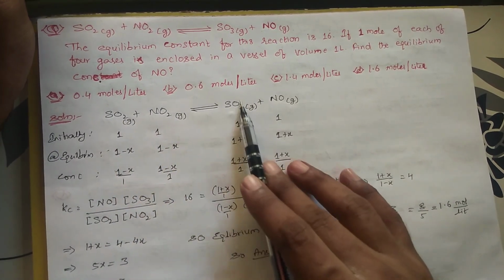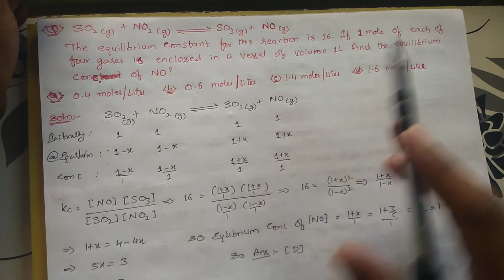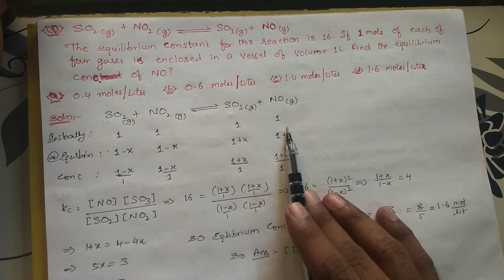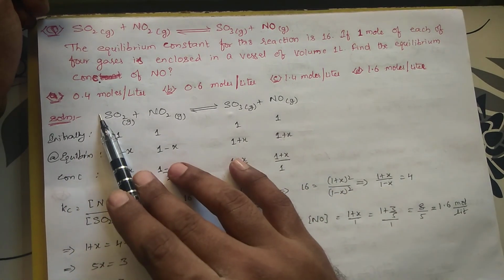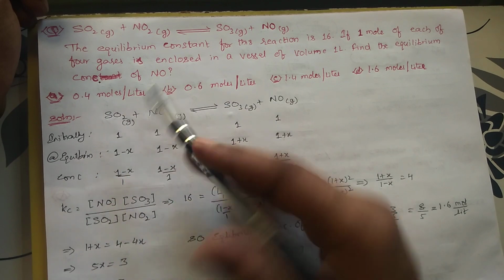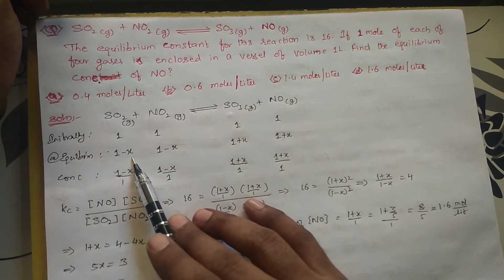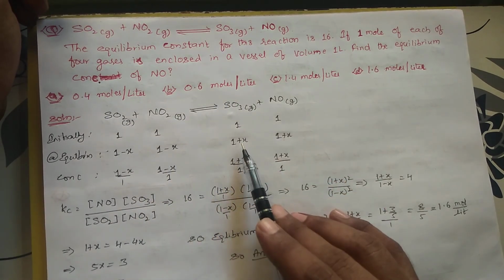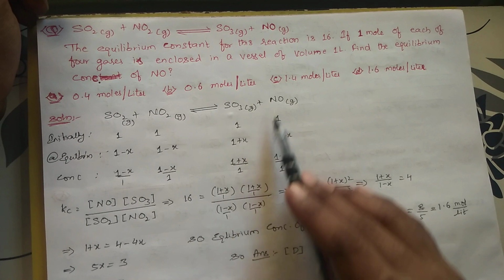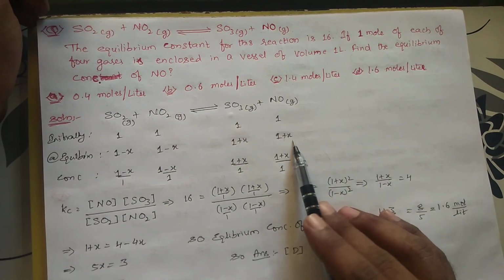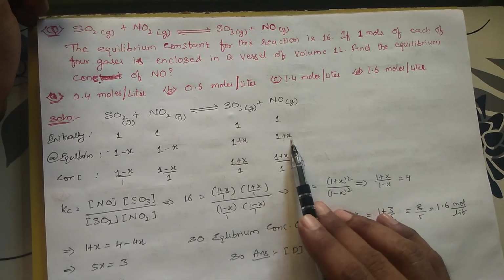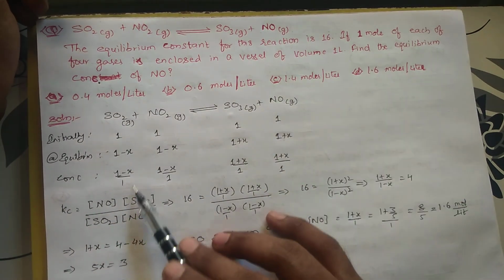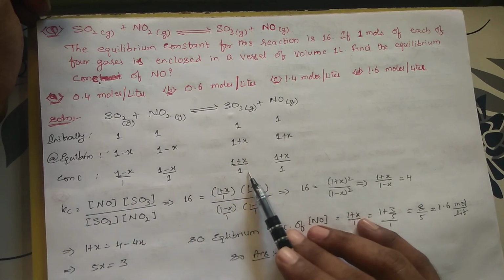SO2 plus NO2 is in equilibrium with SO3 plus NO. Initially, all are 1 mole. This is 1 mole, this is 1 mole, this is 1 mole, this is 1 mole. So at equilibrium what happens? Some amount will be gone, right? So I am taking x amount has gone. As you are having 1 mole, it is 1 minus x. Here 1 mole minus x. Here x has been coming, right? Here it has gone, so it is 1 plus x. Here, if you were having 2 moles it would become 2x, but you are having only 1, so it is x. Concentration means moles by volume, right? You are taking a 1 liter vessel, so it is 1 minus x by 1, 1 minus x by 1, 1 plus x by 1, 1 plus x by 1.